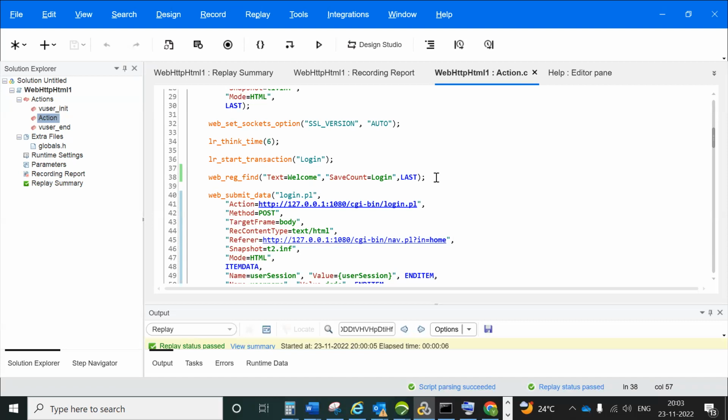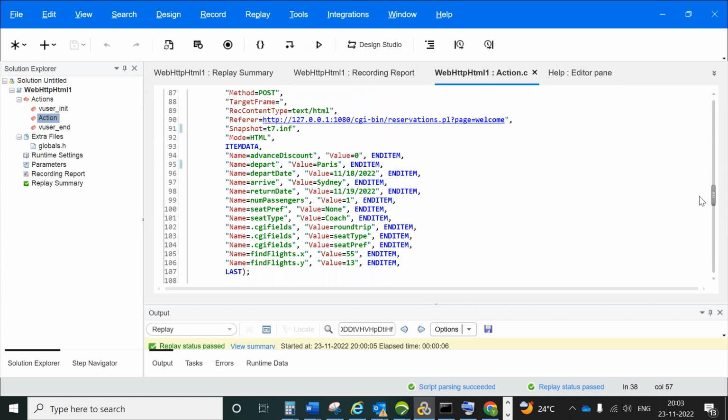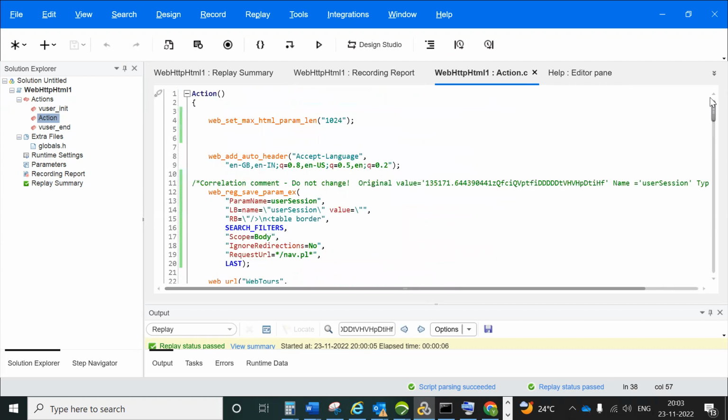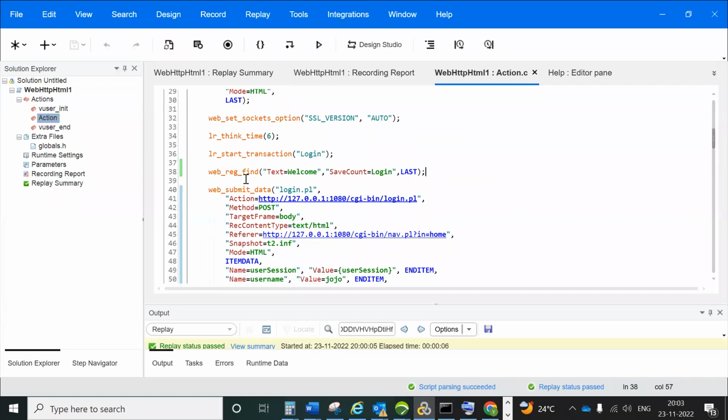So this is the simple script. Actually this is only 100 lines of code, right? Everywhere you can write it manually. Maybe you are writing 1,000 or 10,000 lines of code. Going everywhere and writing the web breakpoint above every request is a very difficult thing, right? So from that point of view, what we need to do is before recording the script,